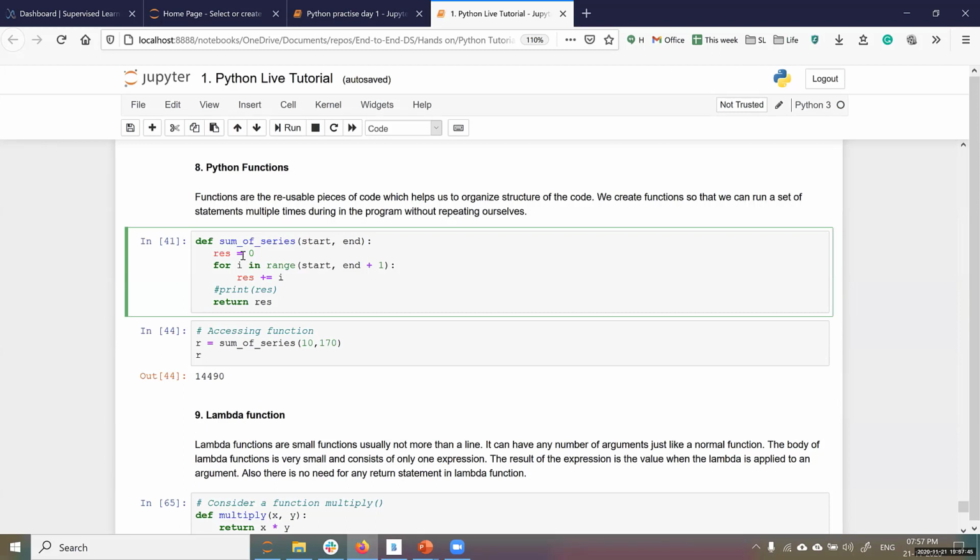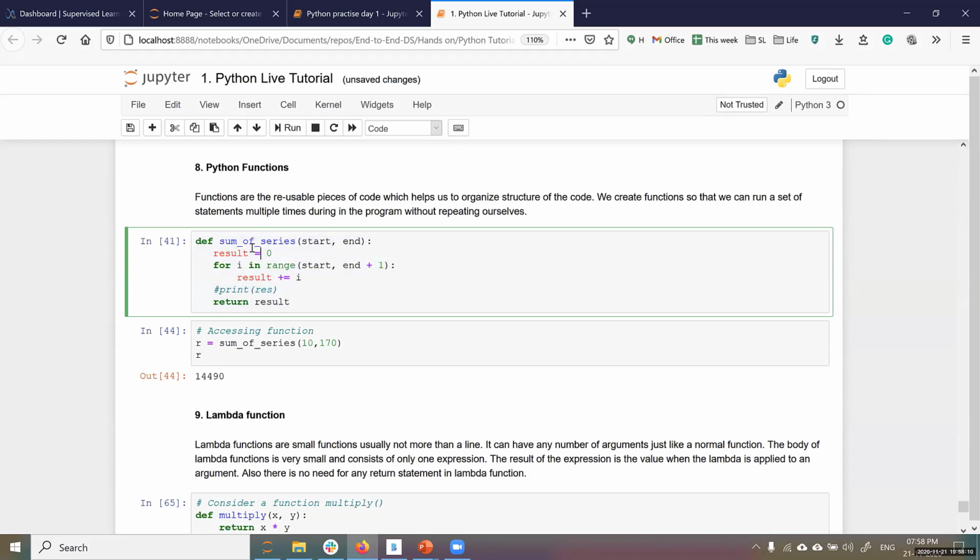And inside this, you can put some results. I kept result equals 0, result plus 1. And you can put return result, that will show it. So when you want to, you can execute this, and this piece of code can be executed again and again.